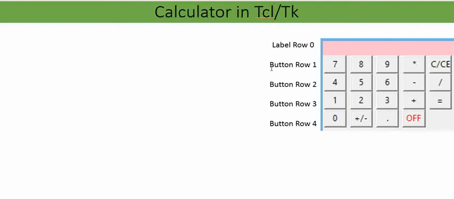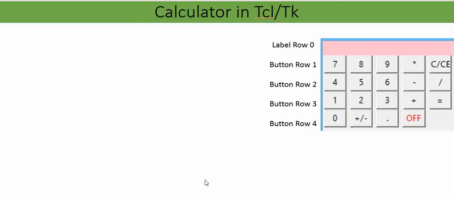Rows 1 to 4 are all buttons which hold certain inputs and certain functions written over the name. We have one special button, off. When I click over the off, the calculator will collapse and be closed.